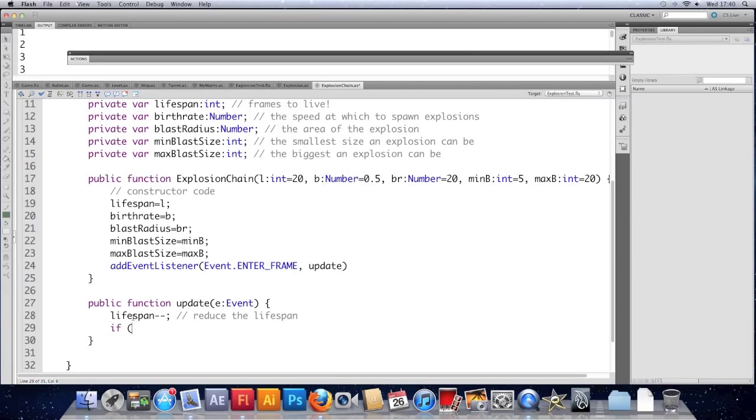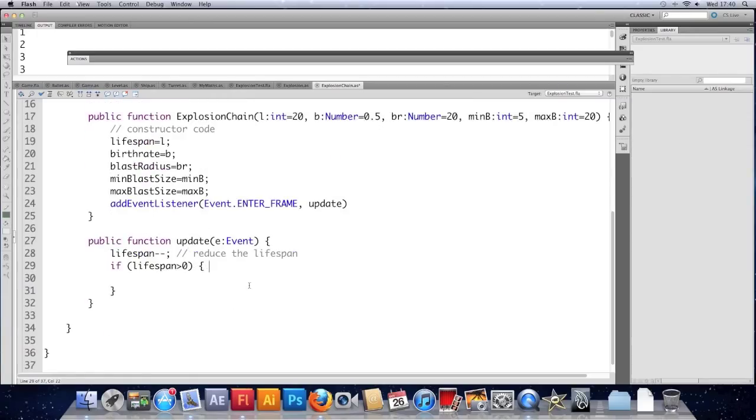And then we'll have if lifespan is greater than 0, so provided the explosion's still alive. If the explosion's still going,